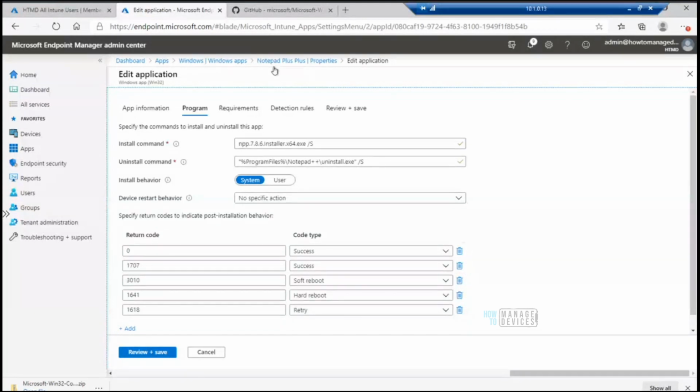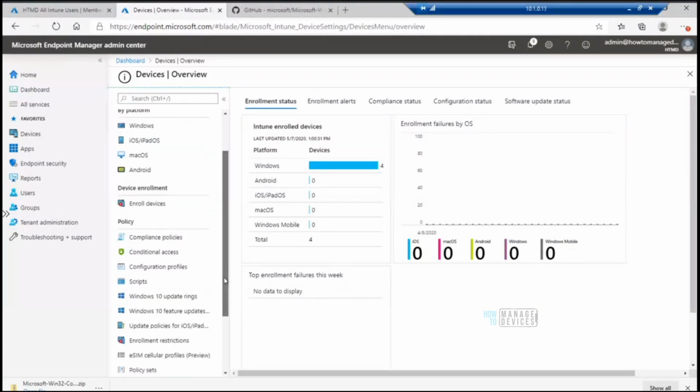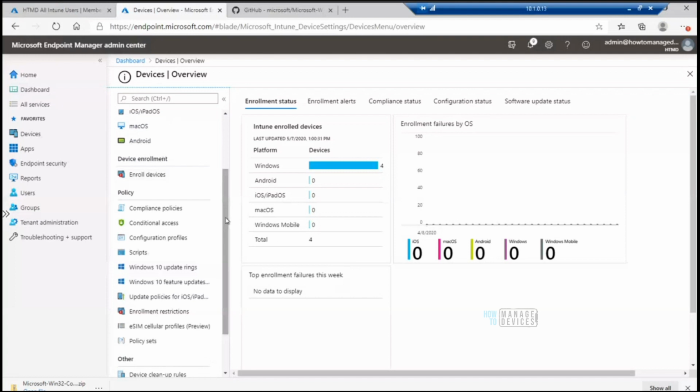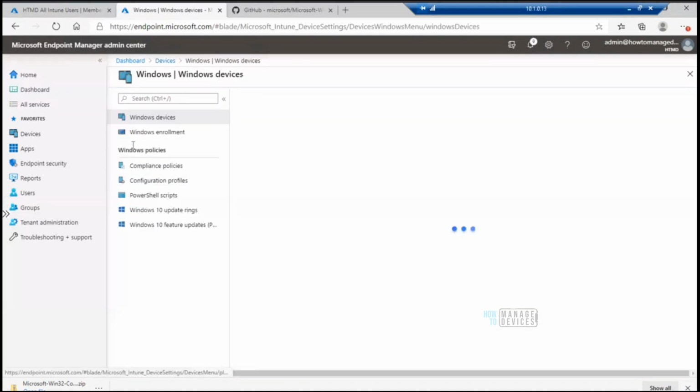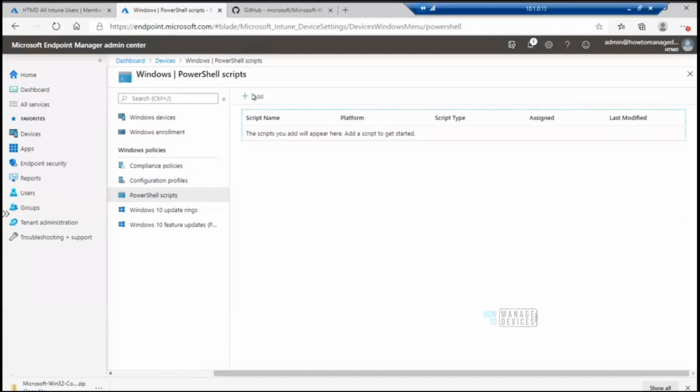It will automatically get installed whenever we use the Intune Win32 format. And if we deploy a PowerShell script through devices, we will cover the PowerShell script on a different day, but I just wanted to show you. If we deploy a PowerShell script to Windows 10 devices, in that scenario also the additional agent will automatically get installed. So these are the two scenarios when the additional agent will get installed. Otherwise, the additional agent is not required.